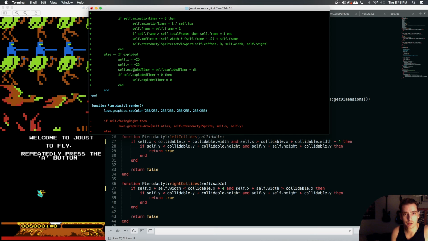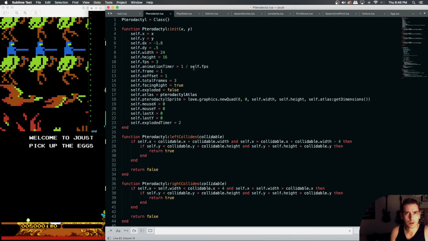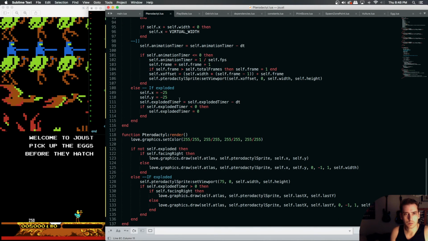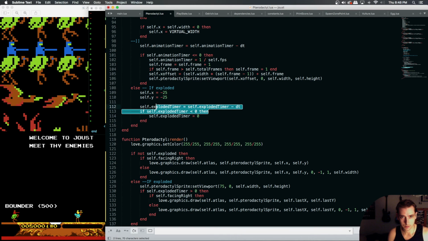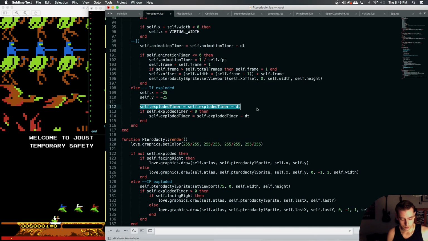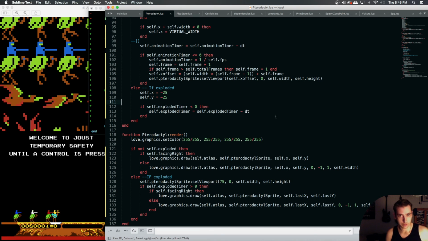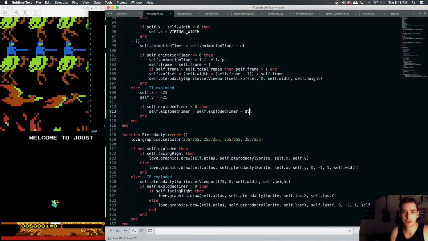We should probably change this. We should probably only decrement the exploded timer if it is greater than 0. So let's fix this real quick. In our update, here we can say, if exploded timer is greater than 0, then decrement our exploded timer, and then when exploded timer becomes 0 or lower,